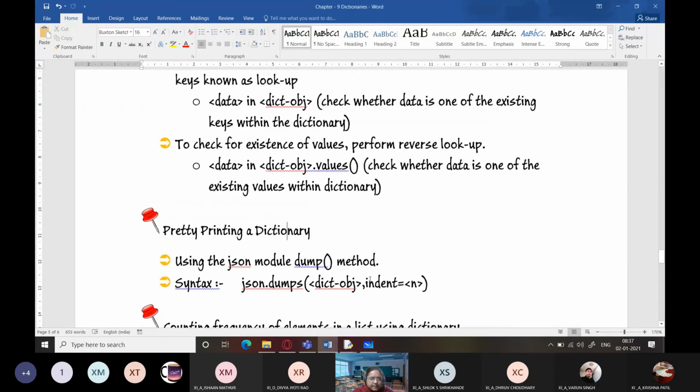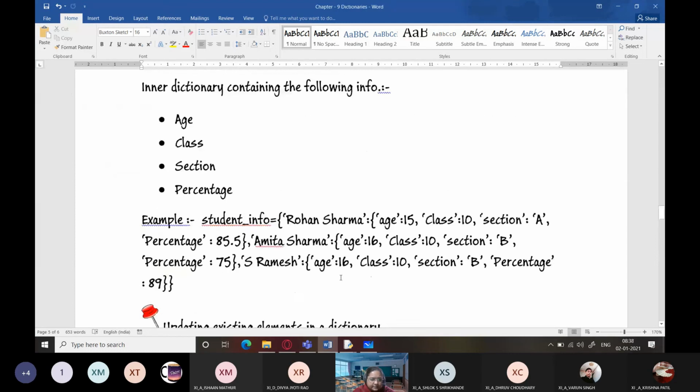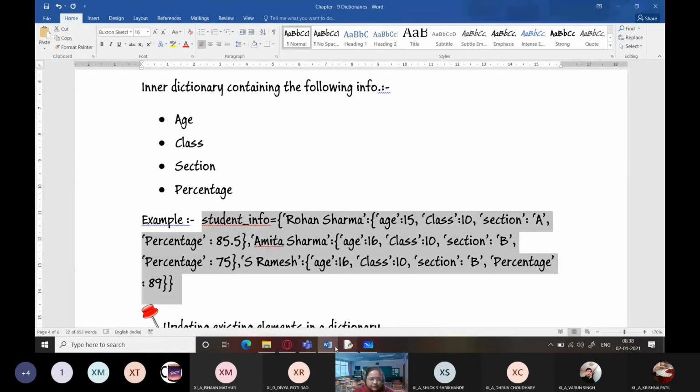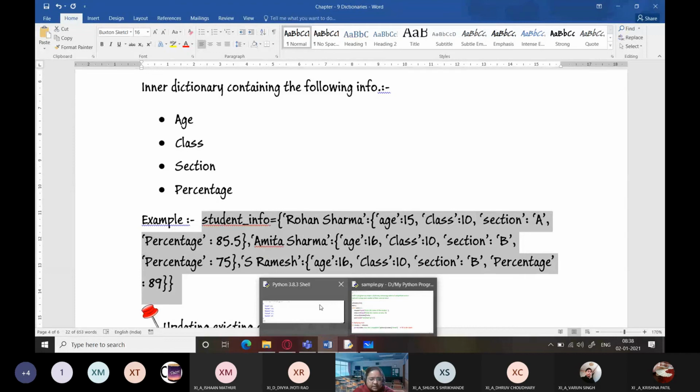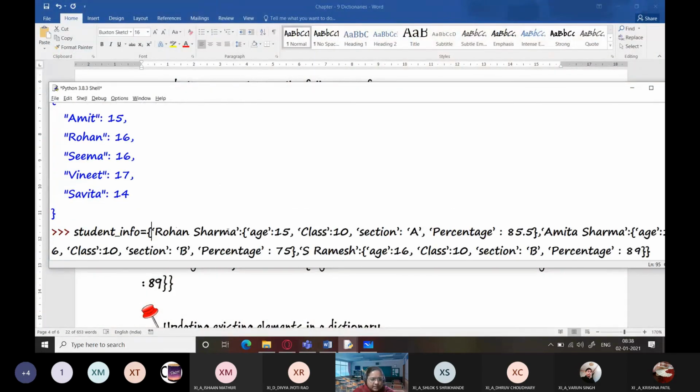Let's try doing it with another nested dictionary which I had created yesterday. So for this, I need to make some changes in this dictionary. I'm going to just type it and quickly remove the unwanted quotes and replace them with proper quotes. So this is a nested dictionary, as you can see, which contains the names of students as the keys and the values are the other details about the students.